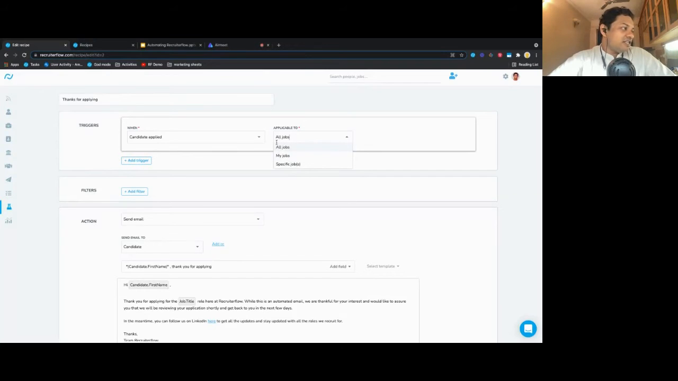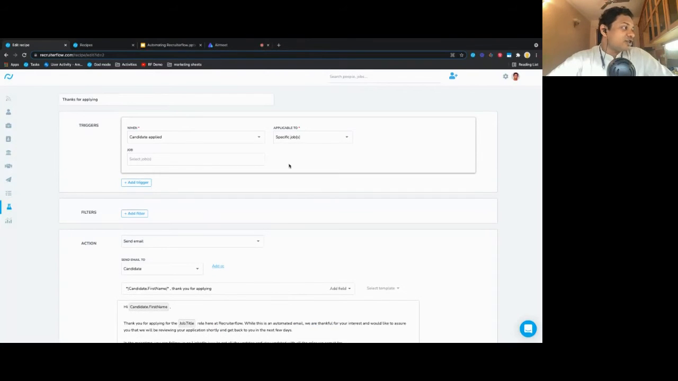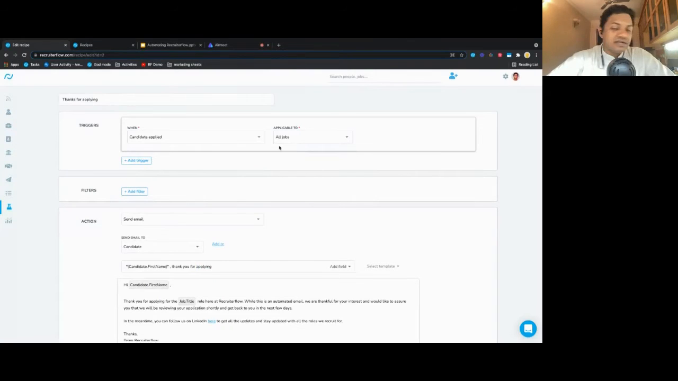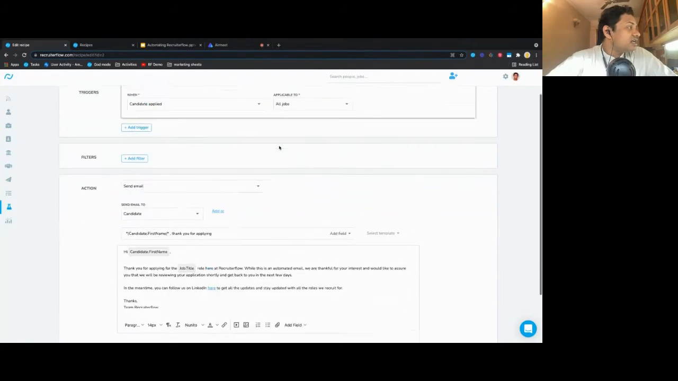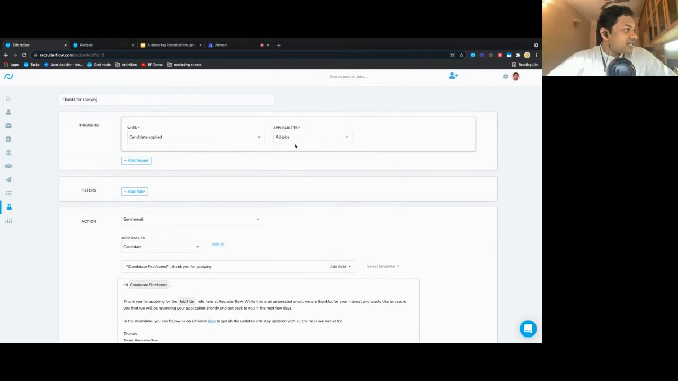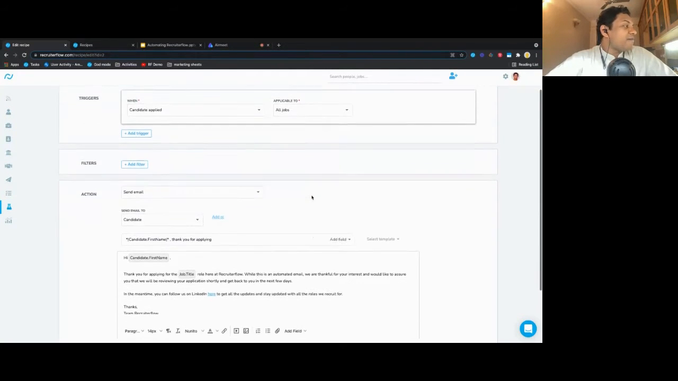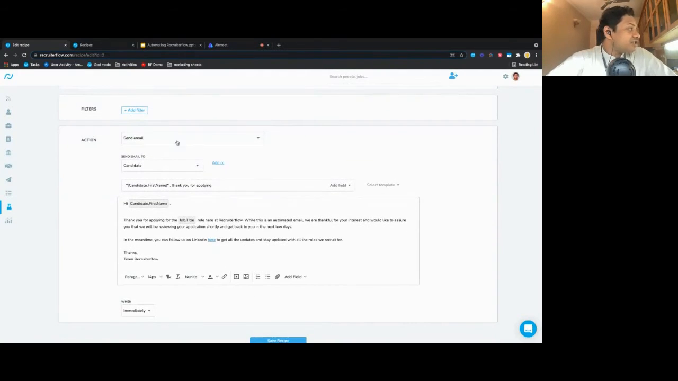For each recipe, you can decide whether it runs only on the jobs where I am the recruiter, or only on certain specific jobs that you can just mention. For now, this is a universal recipe. It's going to apply to each and every candidate who's applying into our job advertisements. So I can just say, if a candidate applies, automatically the action is